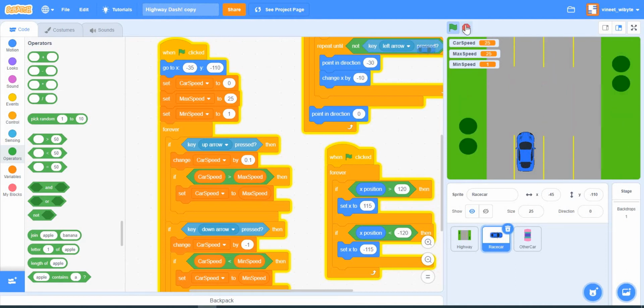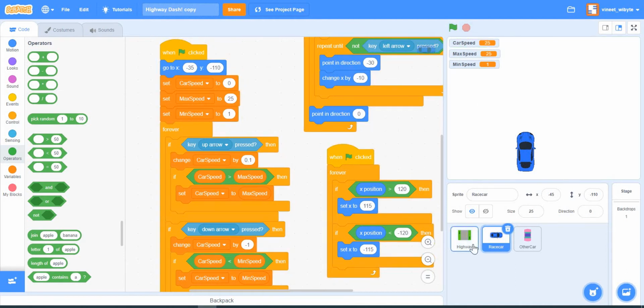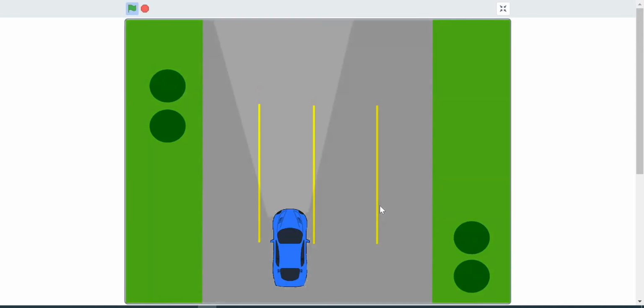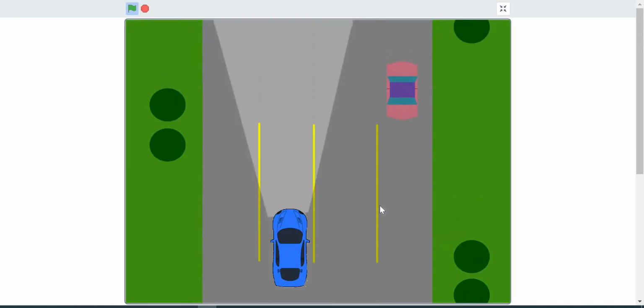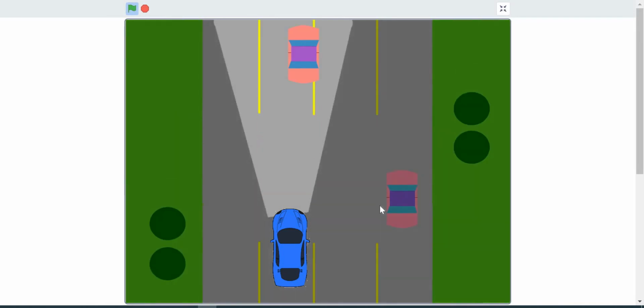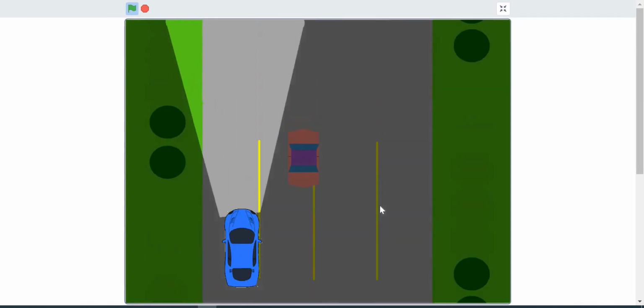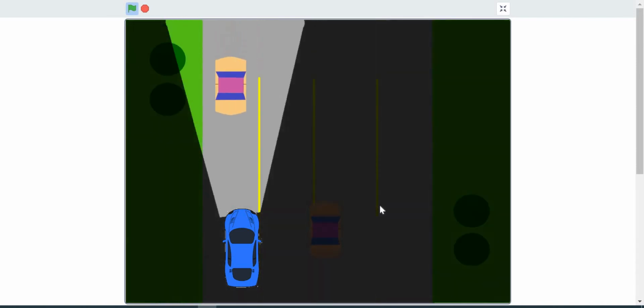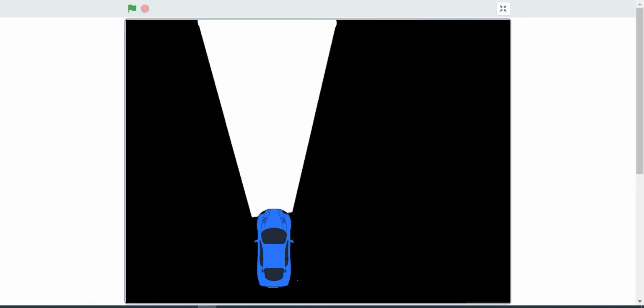The first thing we are going to do is to give the code to the other cars, right? The other cars, remember, are those cars which are also supposed to be on the highway. And the whole impression we are creating, we can see it from here, is that our car is moving, and these cars are also moving on the highway, and our car is going and overtaking these cars, right? So that's the role of these other cars. And of course, we are going to use cloning for this purpose also, so that we can create an unlimited number of cars. So we'll first go and build that.